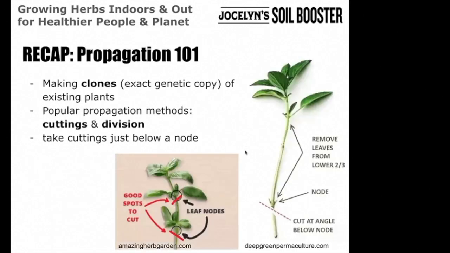I quickly threw in a recap here from last week, because a lot of herbs can be propagated through propagation that we spoke to last week. And this is where you're essentially usually taking a cutting from a plant, and then ultimately you're regrowing an identical copy of the first plant using that cutting. And what's important here, of course, is that where you take that cutting from, you do want it to be below the node, which is where a number of the leaves will stem off from the main branch.